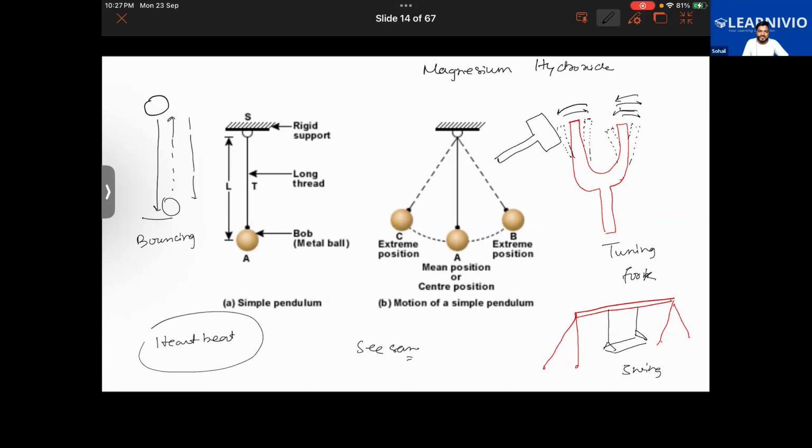So what I was saying about periodic motion and oscillatory motion is that whenever an object does a to and fro motion about a fixed point, it is said to be doing an oscillatory motion. And oscillatory motion is a type of periodic motion. So the question is, what is this periodic motion? Periodic motion in physics is defined as a type of motion that is repeated after a fixed interval of time. So I'm saying that rotation of the earth, will it not